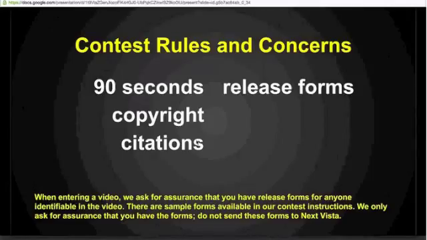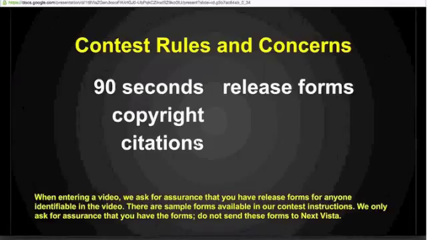Now, we don't want the forms. We just want the teacher to assure us that you have the forms. And that could be the form that your school already uses for all kinds of media things. And that is fine. So when we ask people to submit a video, let's say for a minute that we're talking about a high school student submitting a video. The high school student submits the video, and the teacher submits the teacher verification form.